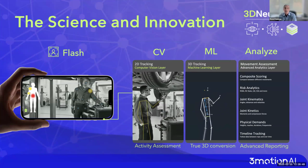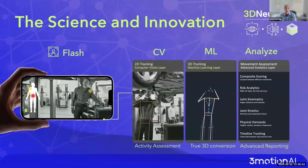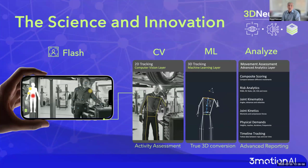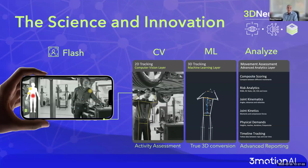So we look at the video that comes in and we analyze every single frame in that video taken during the scan, and we extract all of the movement data for each joint in real time. Once we've collected all that information from the phone, we pass that to our second proprietary layer, called the